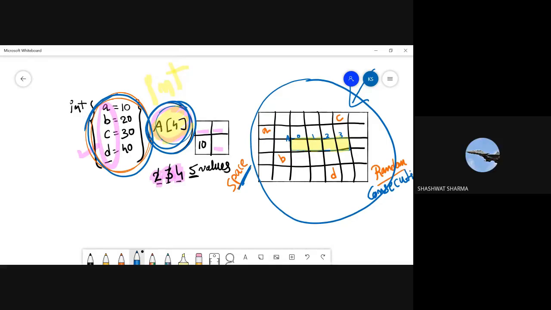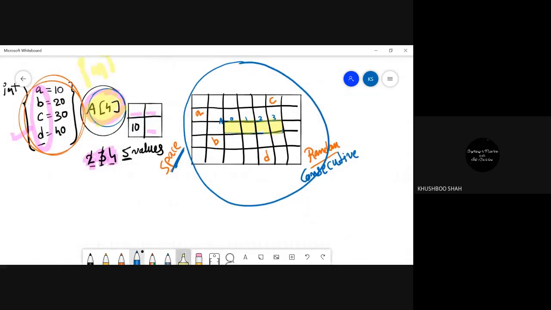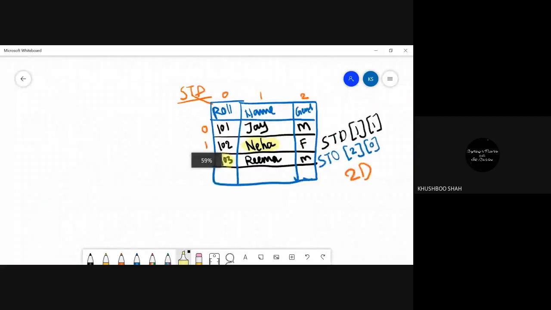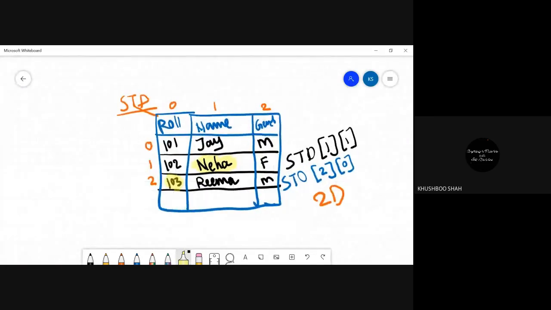No, ma'am. Okay, let me repeat the question. I have this structure, right? This table type structure, and this is a 2D array.